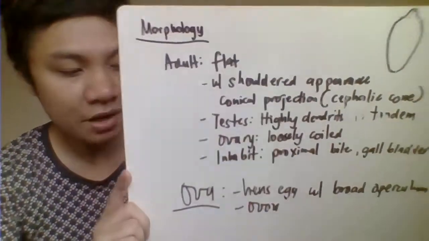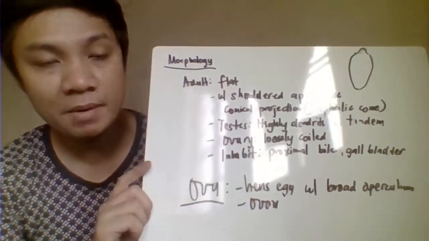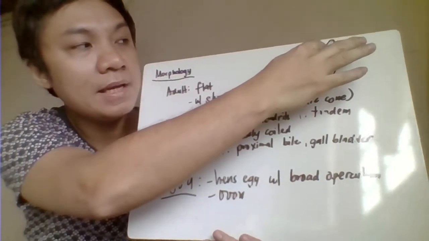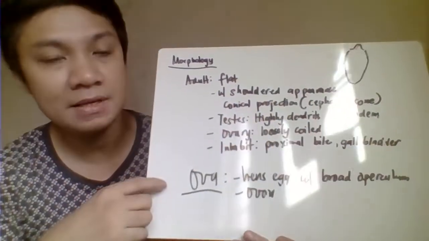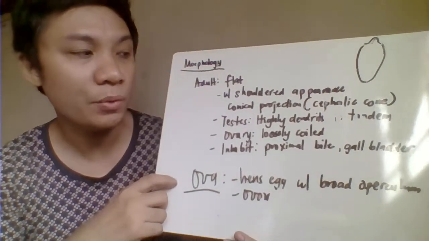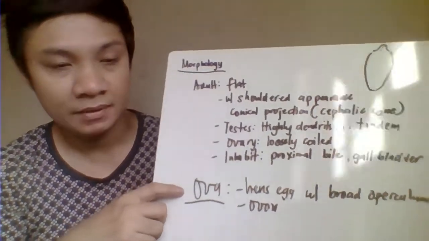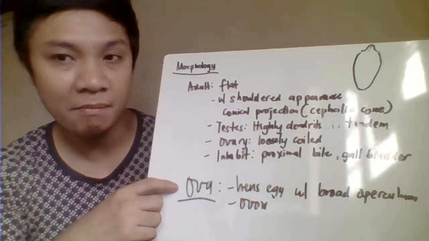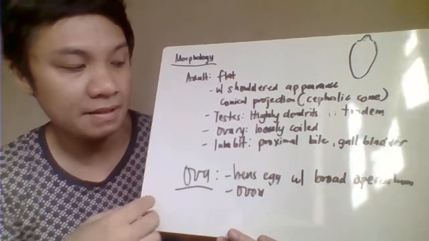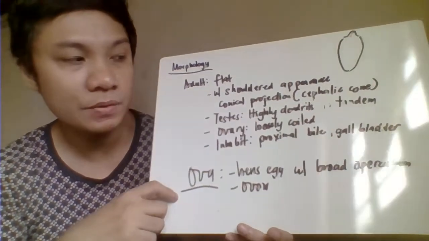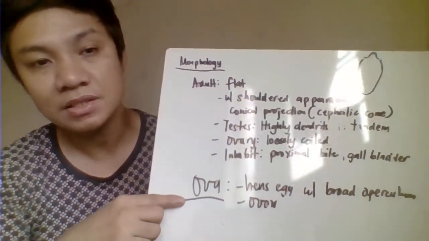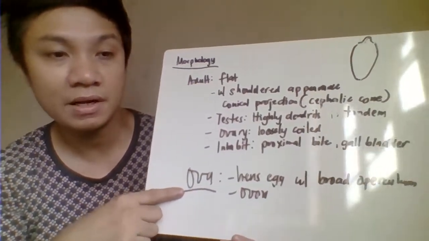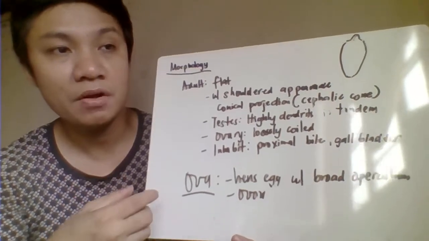Okay, for the morphology of the adult, the adult worm is flat with a typical shouldered appearance. So very prominent is the shouldered appearance because of the cephalic cone or conical projection. The testes are described as highly dendritic and in tandem formation. And we also have the ovary, which is loosely coiled. So again, this Fasciola hepatica inhabits our proximal bile ducts